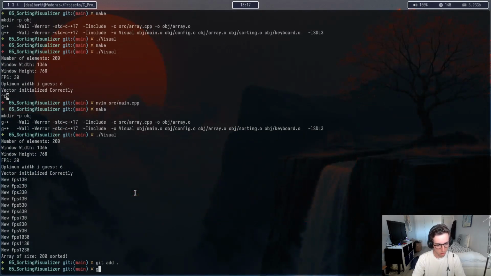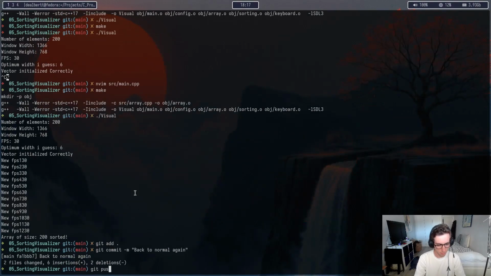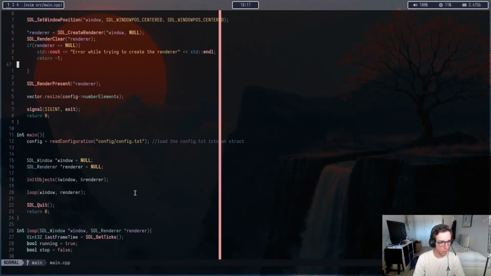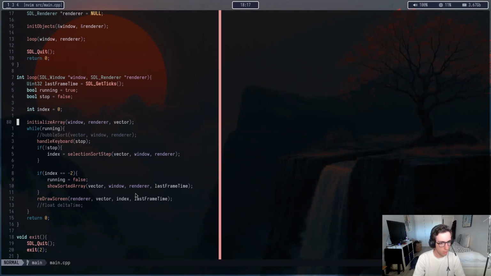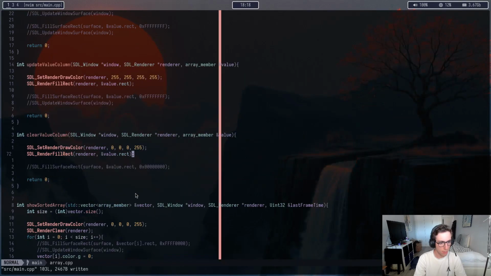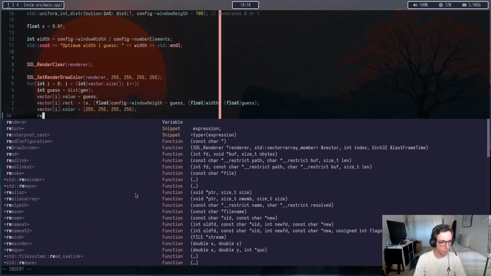Okay, so let's just do this. Back to normal again. Sorry, main. Okay, and then I want to go into initialize array. Okay, so I initialize the array. I redraw the screen, and then when it's so that I show the sorted array, I'm gonna do an SDL delay for like 500 milliseconds. And then I initialize it again, but the thing is I would like to have some sort of redraw